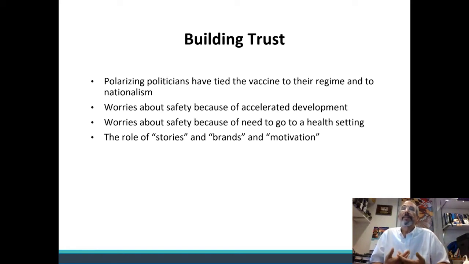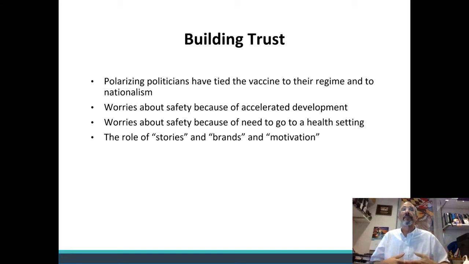So this brings up, how do people get trust? They get trust by stories. They get trust by science and data, but I think there's a whole lot more individuals that don't read the Lancet and the New England Journal to trust a vaccine, but they hear a story. They hear so-and-so that they know got the vaccine and they were fine with it or they weren't fine with it. The idea of the brand of the vaccine, that the vaccine was endorsed by such and such an agency